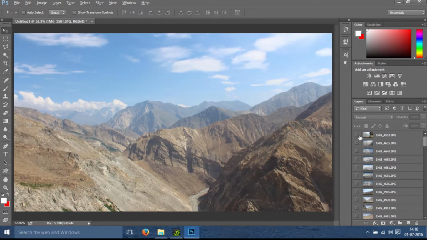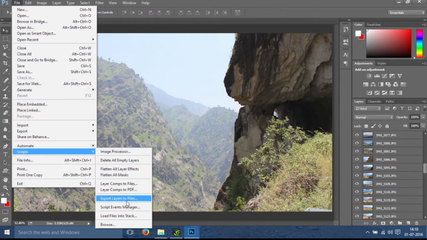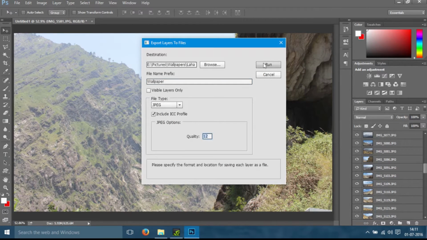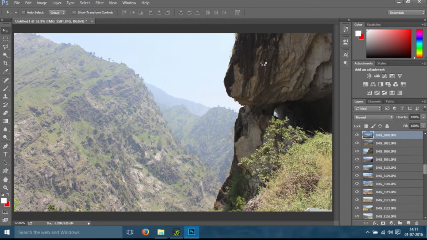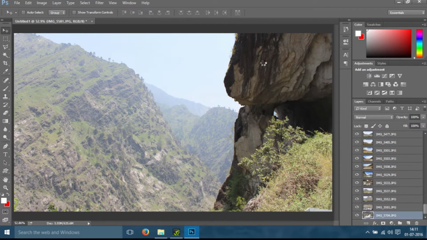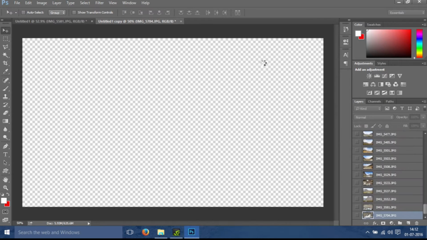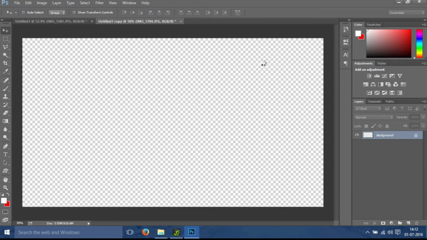If all the images are okay, then go back to the script menu and now select export layers into files. Here select the folder where you wish to save the images and set a preset for naming the files. Make sure you select JPEG in the format and the quality is set to 12, that is maximum. Then press OK for Photoshop to run the action.